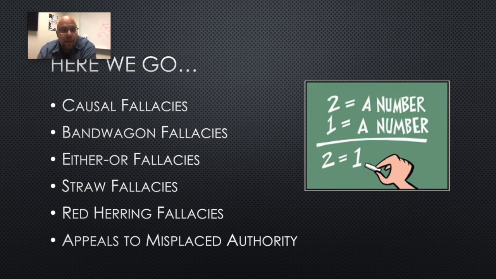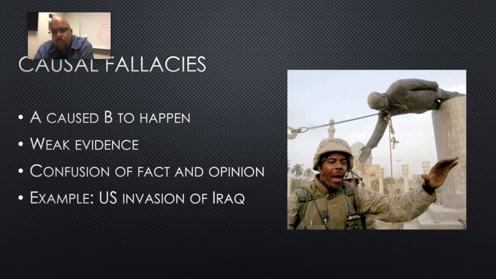Be aware of that. The next one there is a causal fallacy. This is when you say that something caused something else to happen, and there's some different ways this might play out. You could simply have weak evidence to say that thing A caused thing B to happen. And I've already actually gotten to a little example of this when we talked about scientists not being able to say that smoking causes cancer, because there are some middle steps that need to happen in between A and B. So if you don't use very thorough evidence and connect the dots to show this is how it's connected, you have used a causal fallacy.